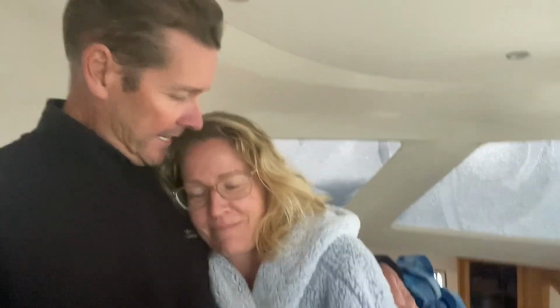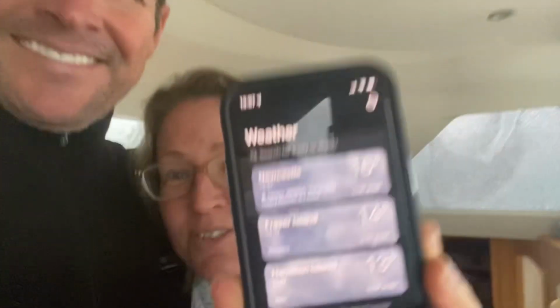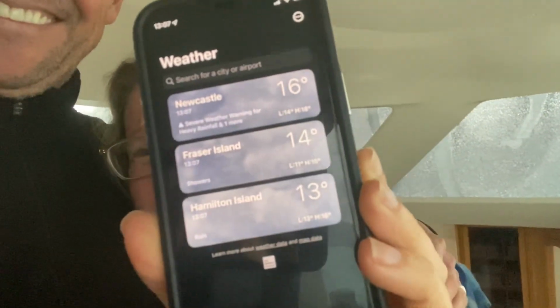Well, once again, the tropical weather has closed in on us here in the Whitsundays. You wouldn't believe, but how cold is it today, darling? Well, according to the Bible, it's 16 degrees in Newcastle and only 13 here in the Whitsundays. We've actually got our thermals out again and all our jumpers. No hair rug. It's been raining now for about a week too, so the boat is getting quite moist inside